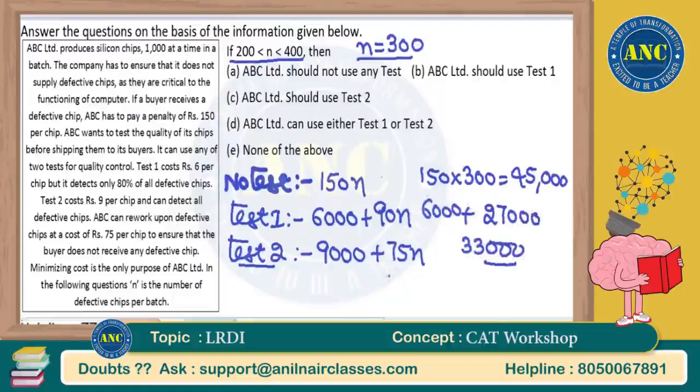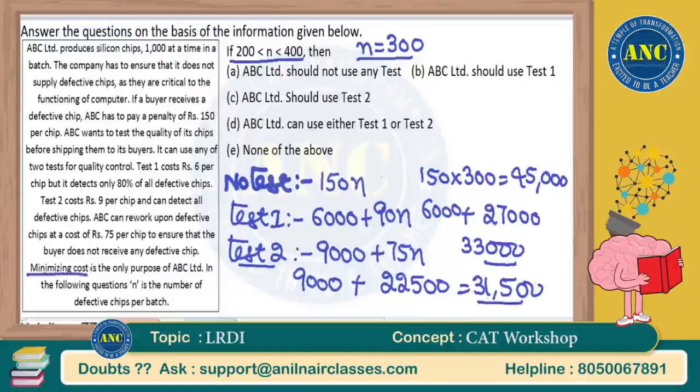So 75 into 300, 22,500 plus 9,000, which is nothing but 31,500. According to the question, it is minimizing cost. 31,500, 33,000, 45,000: the lowest value is 31,500, which we got for